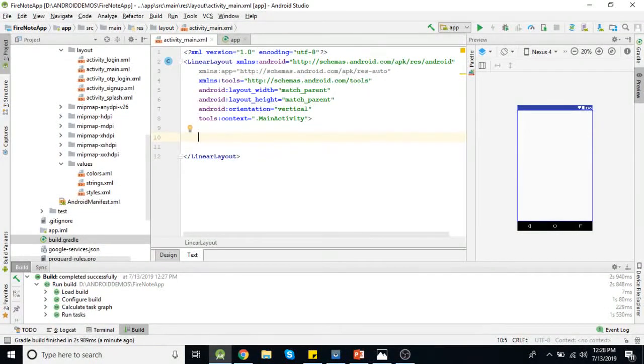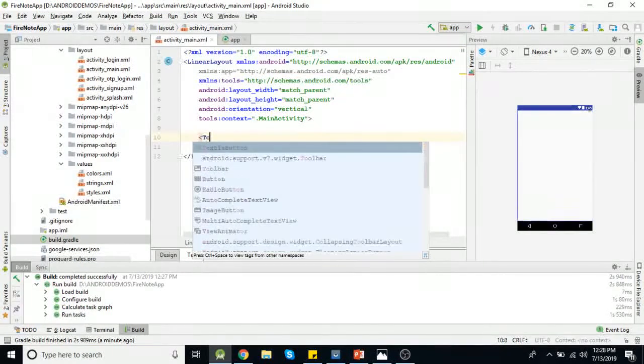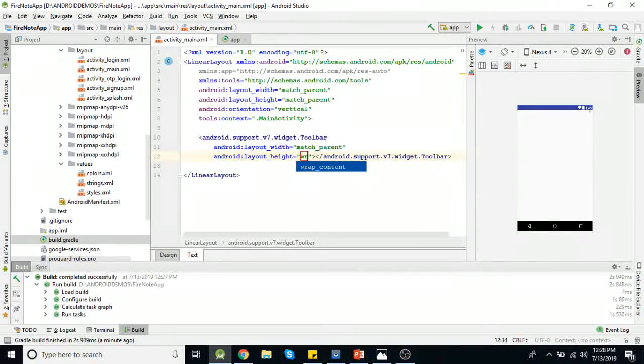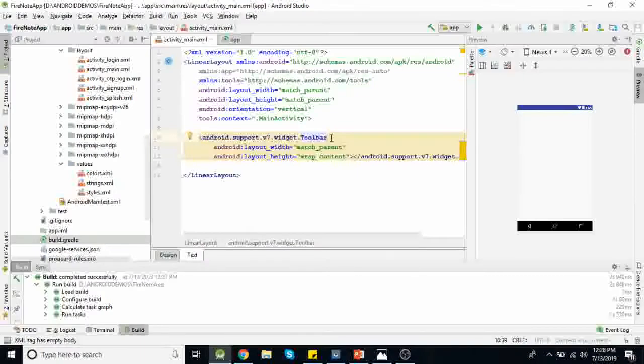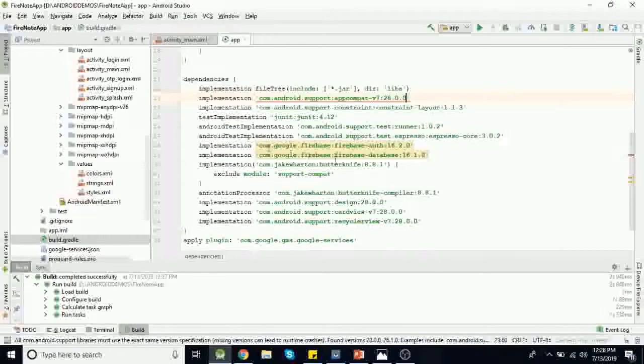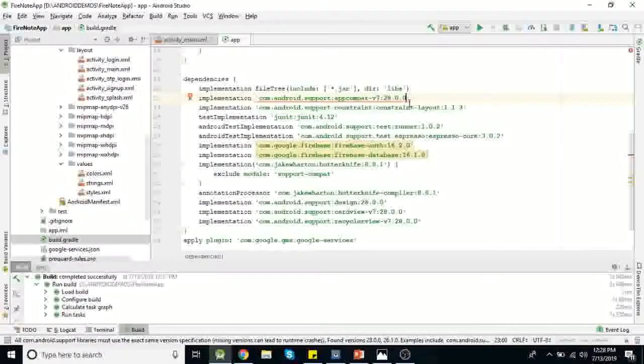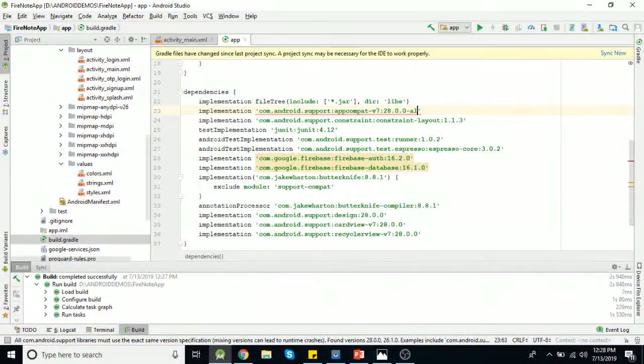Now I am adding toolbar here first. Height will be say wrap content. Actually it's not showing here. Let me check our dependencies. Let's try to change all these dependencies to the latest ones, so I'm using alpha version.